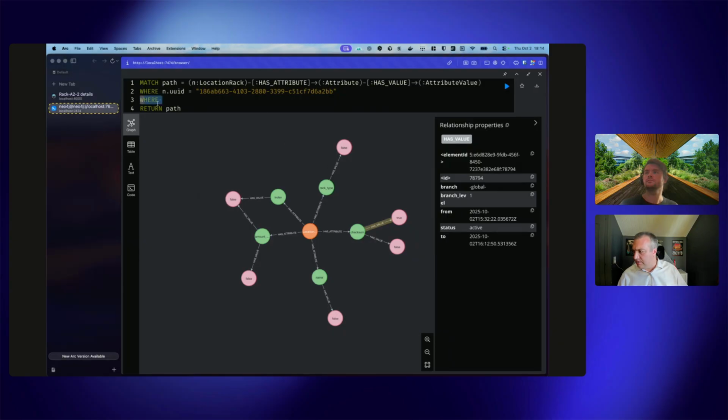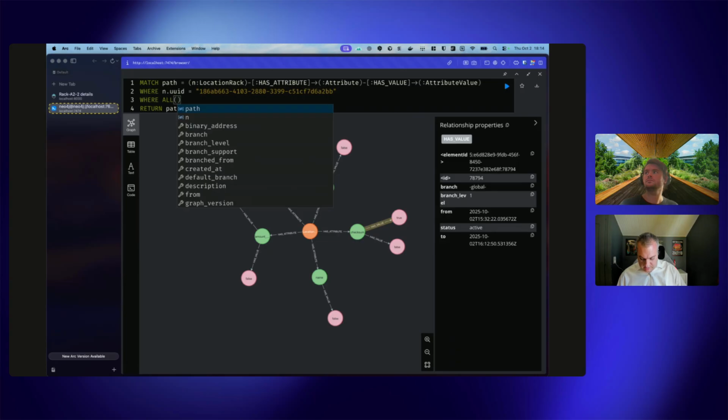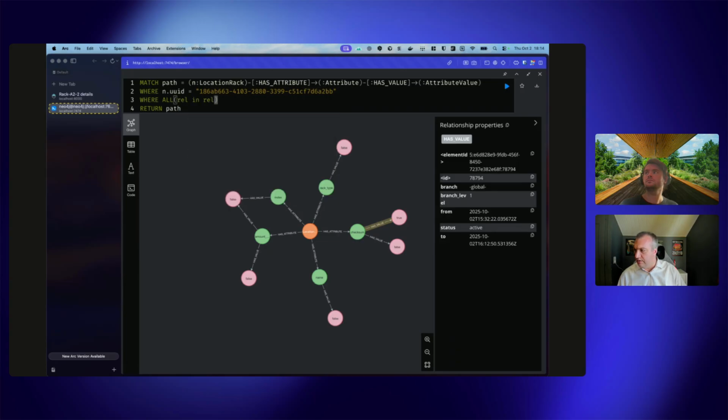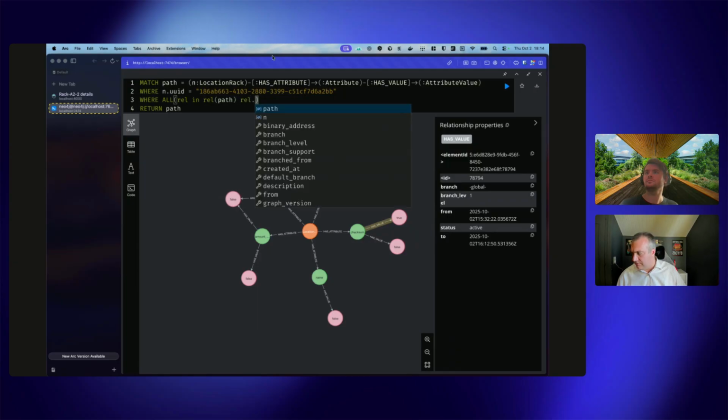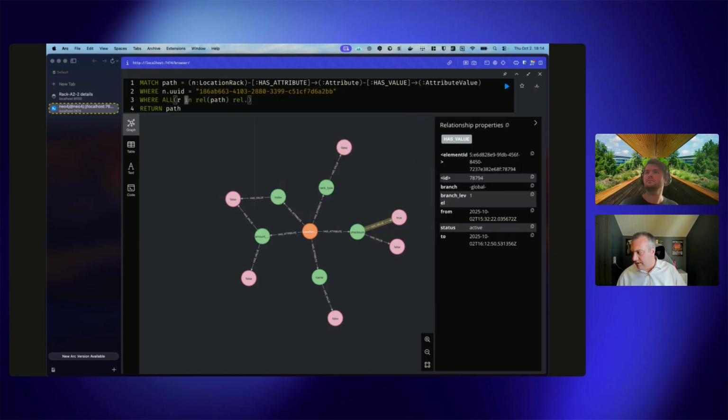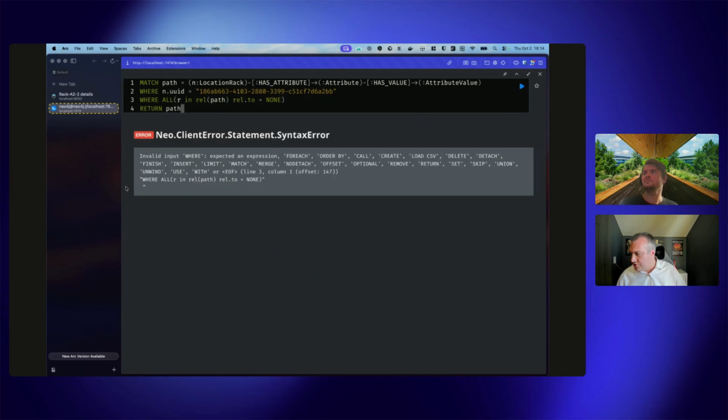If I look at where all the relationships in the path, rel dot, I haven't prepared this one. I probably should have prepared this one. The point is, I could also have